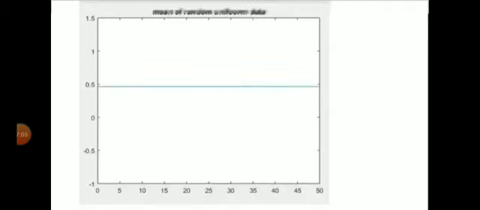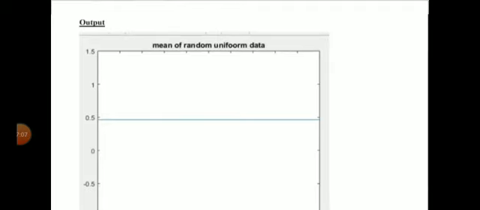Now we have to define the limits of the interval, from where to where we have to plot. Draw a line from 0 to n, and here is the command, plot 0 to n, comma m to m, and hold off. In the last we have used the title, which appears at the top of the graph. The title is the mean of random uniform data. From the output we see that the mean of this signal, the random